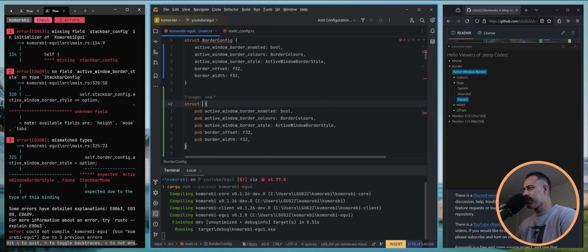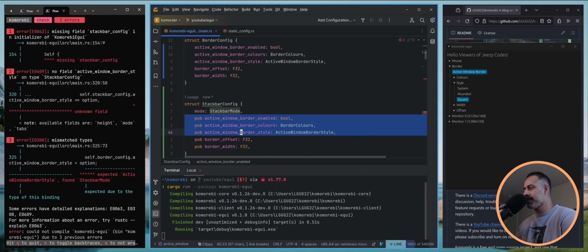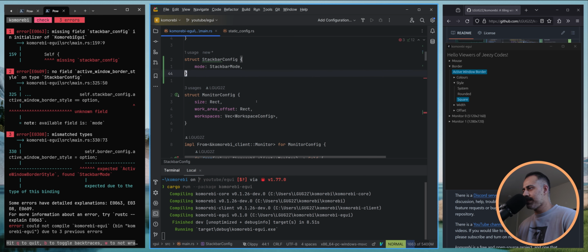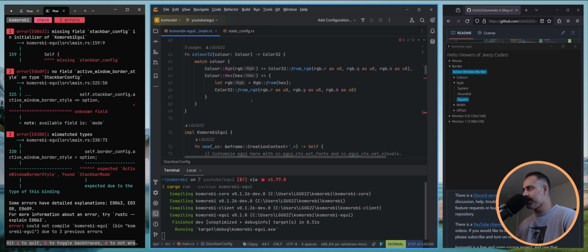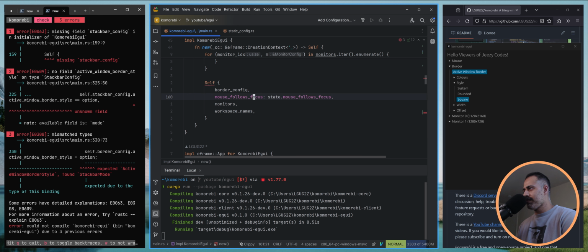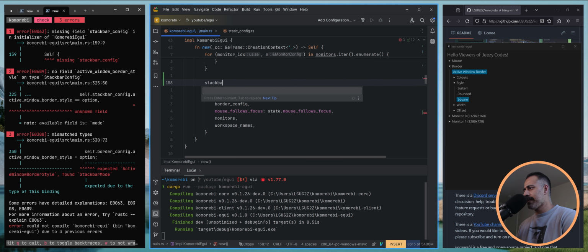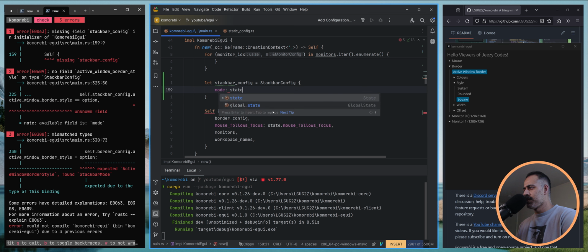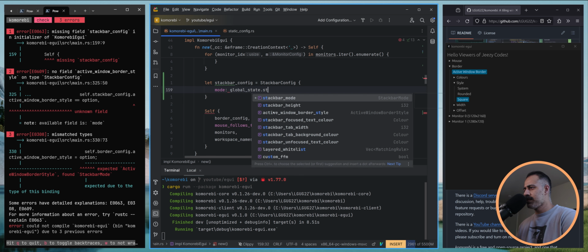So we have border config, now we have not static, stack bar config. Getting there. So we'll have mode, which will be stack bar mode. And let's start there, and we'll keep coming back to this and adding to it. So we go into new, and we have stack bar config, and so far we just have the mode, so we'll take that from the global state stack bar mode,